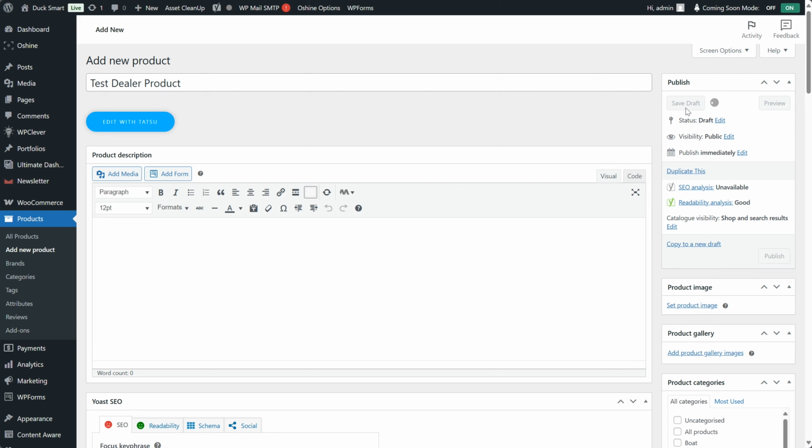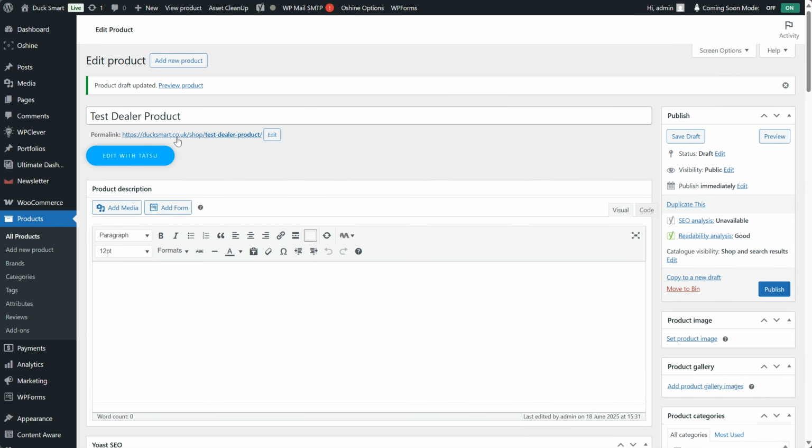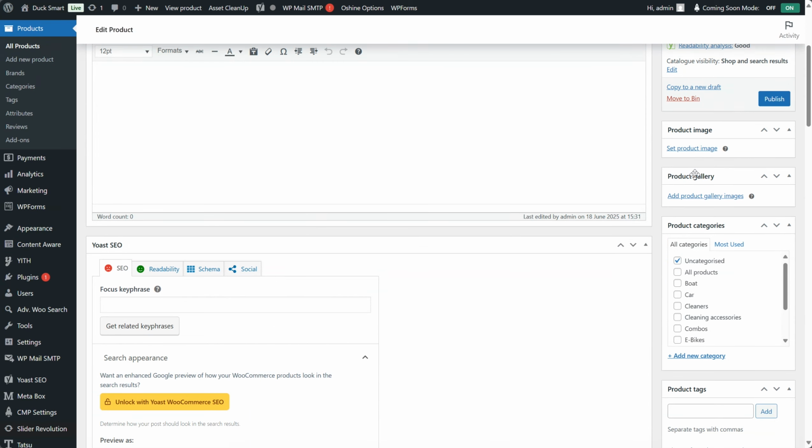Then what we should see is that we should get a URL appear underneath the product title here. So there we go, there's our URL, ducksmart.co.uk/shop/test dealer product. Cool, so now that we've saved this as a draft,